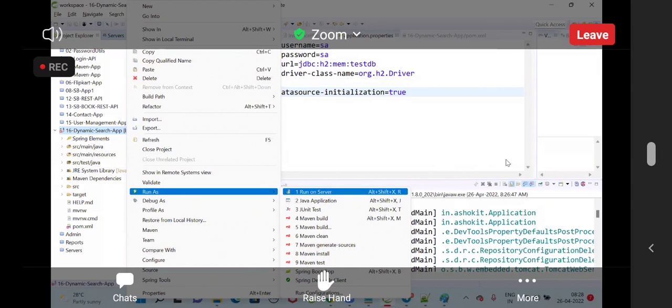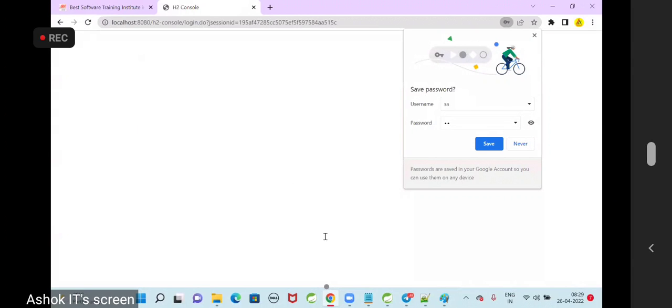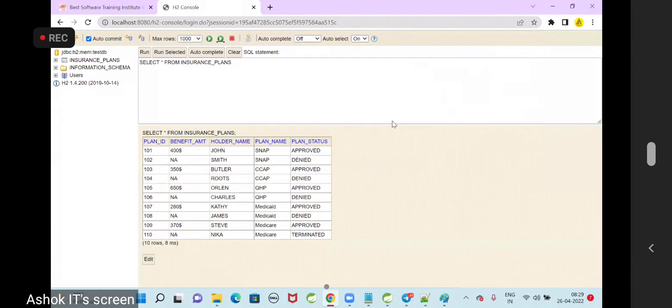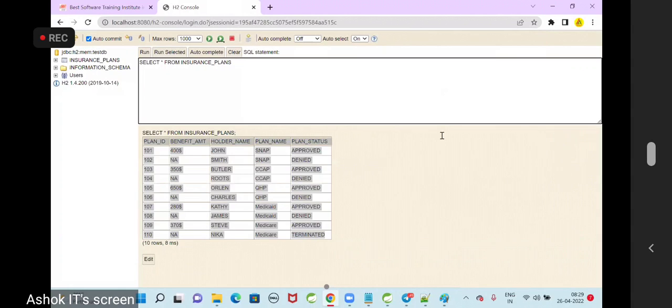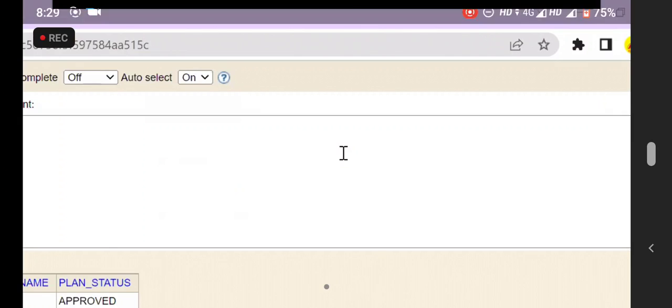Is data available in the table or not? Did I insert the data manually? How did the data come to my table now? Through the data.sql file. Who is executing that file? Data JPA is executing that file.